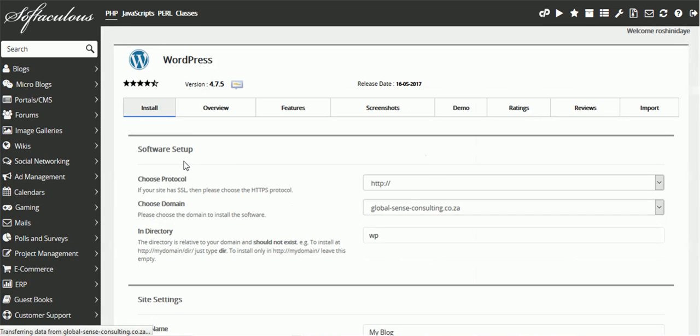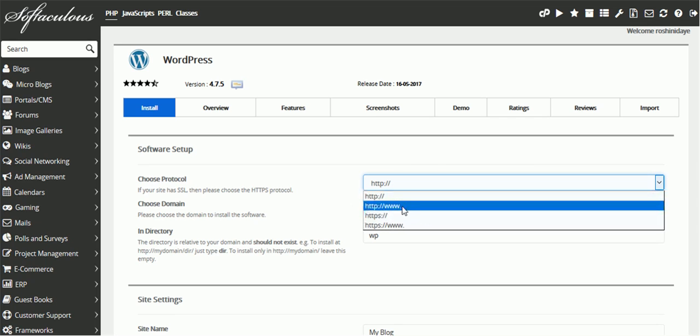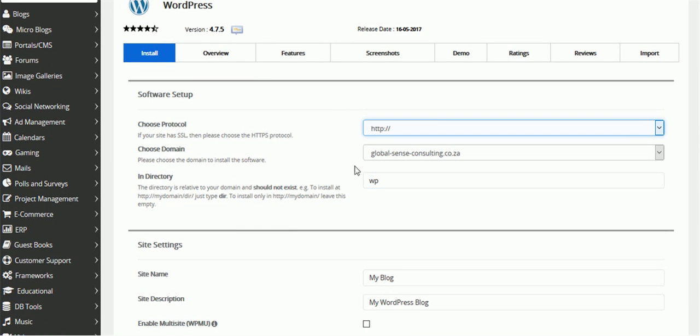So click on the install button and choose the protocol. Are we going to use HTTP://? Yes, but we will use it without the www. So let's leave it as it is. The domain that we're installing it on for demo purposes is globalsenseconsulting.co.za, and it's asking us in which directory do we want to install the WordPress application, and it's suggesting that